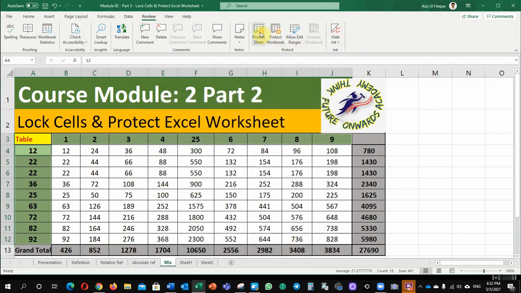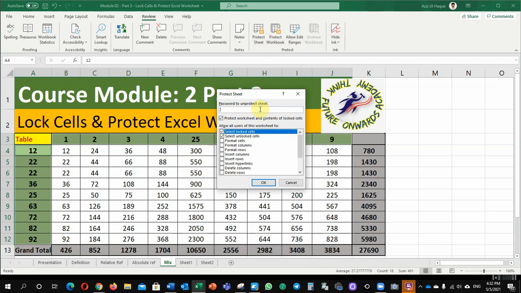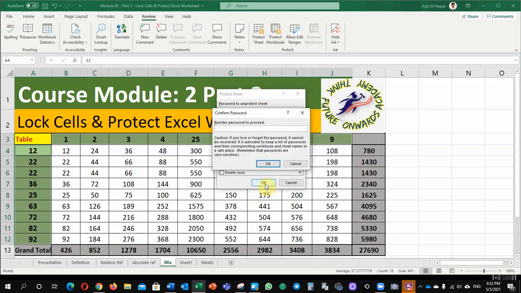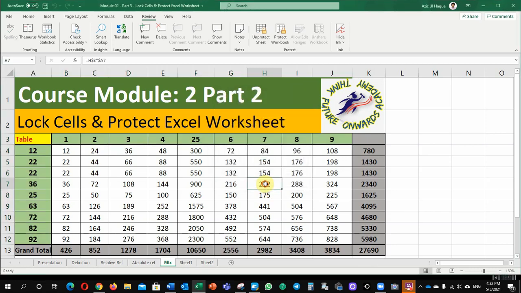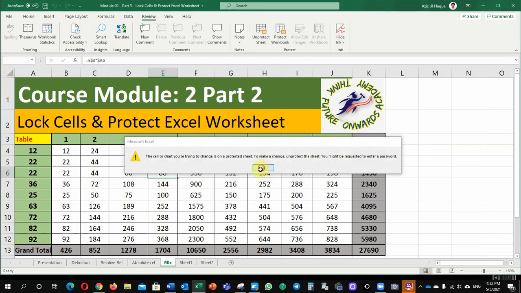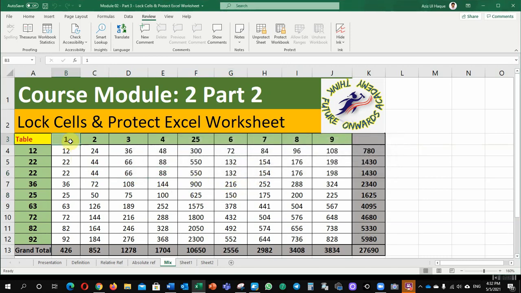Then Protect Sheet. I'm entering my password and reconfirming it, and now you will see the behavior. See, my cursor is here and I cannot enter any value here, but here, yes, I can do it. See, I changed my value. Here as well I can do it.